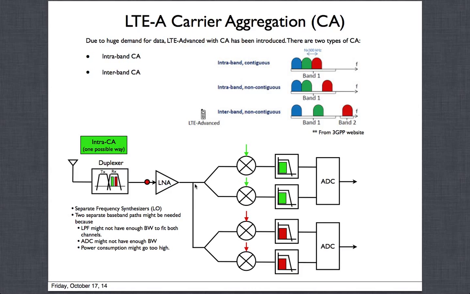So sometimes this is not desirable, the splitting of the two and losing half of the signal. There are other tricks people play and I'll let you think about it, but this hopefully explains that if you have two different channels, then you need two different synthesizers and two different filtering chains and ADCs to be able to actually process this received signal.